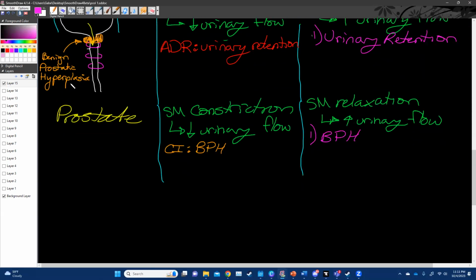Now, what we find in the body actually is that we have two different kinds of alpha 1 receptors. We have alpha 1A and we have alpha 1B. We find that alpha 1A exists both in the blood vessels